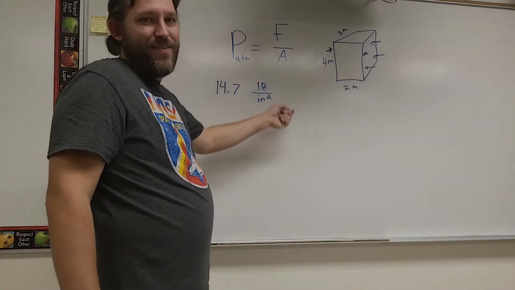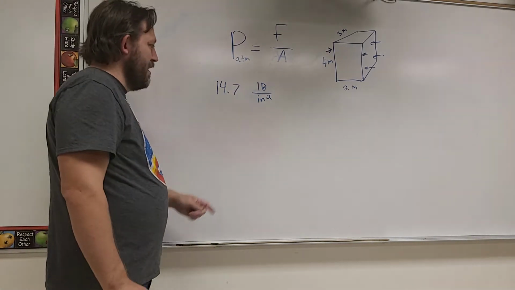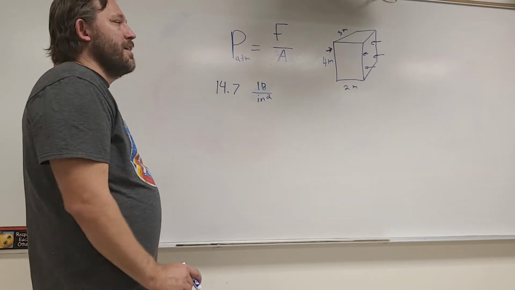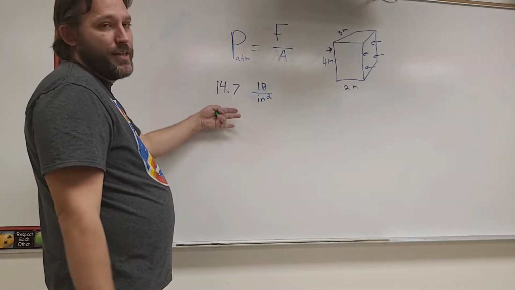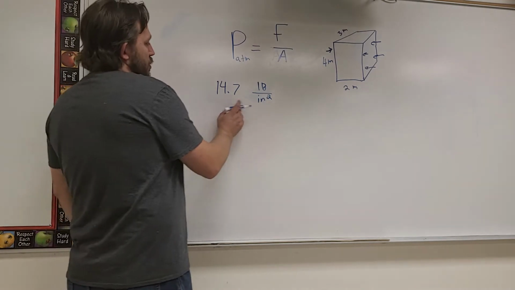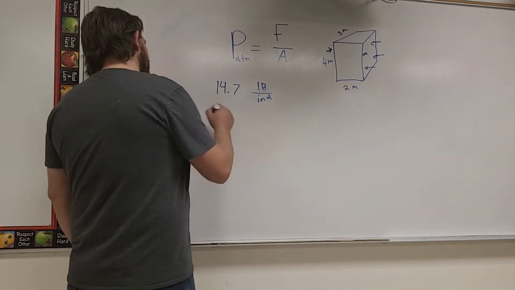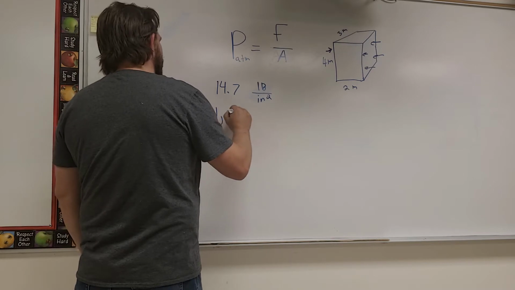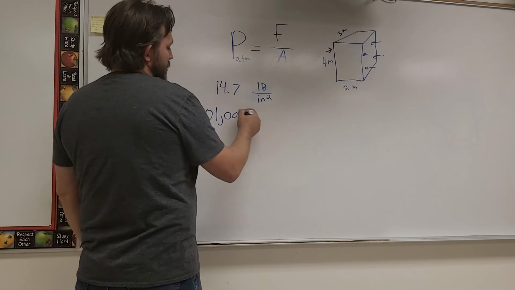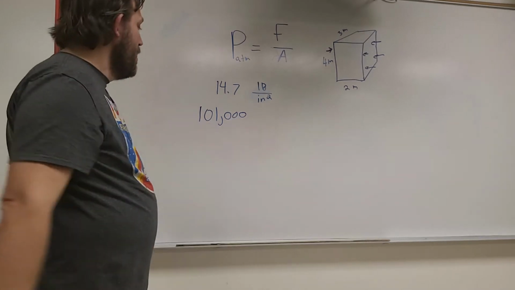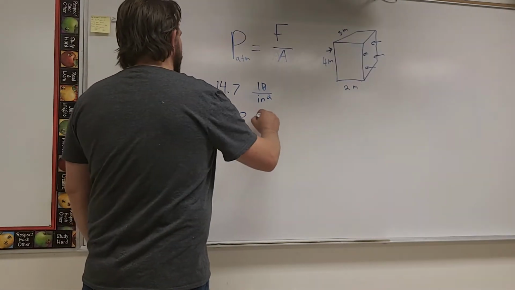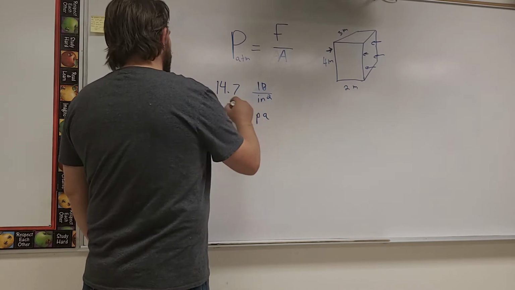But as you can already recognize, this isn't in metrics. This is very useful for us to think about so we can get an understanding of how much force we have, but it's not good for physics. So for physics, we're going to switch to the Pascal, and there is approximately 101,000. These aren't actually zeros. If you get the actual value, it's a little longer, but we like to round it to 101,000 pascals, Pa, which is the same